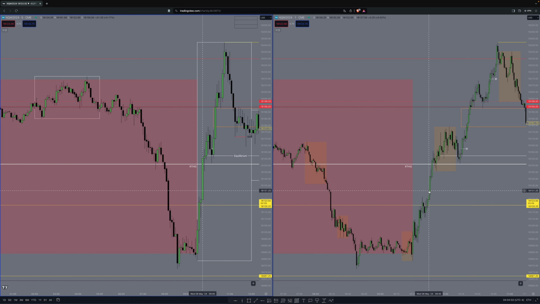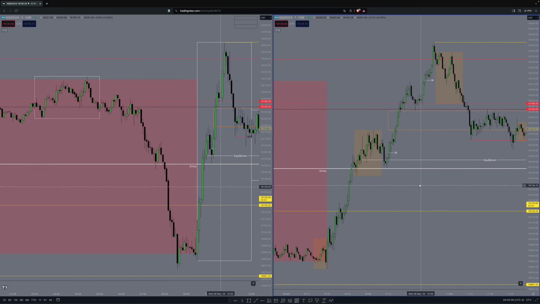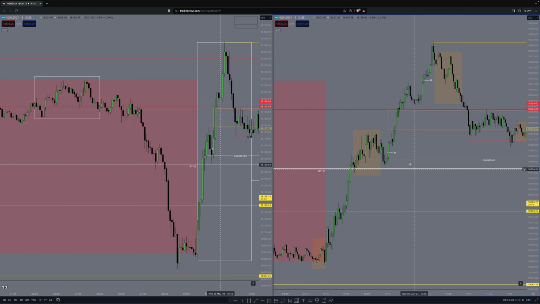So I saw it, and I was like, nah, I don't really trade the opening range, so I just skipped it. And yeah, it turns out to be a good trade, but you know, need to stay disciplined and all that. And also here again we have an immediate rebalance, right? High of the candle, low of this candle.